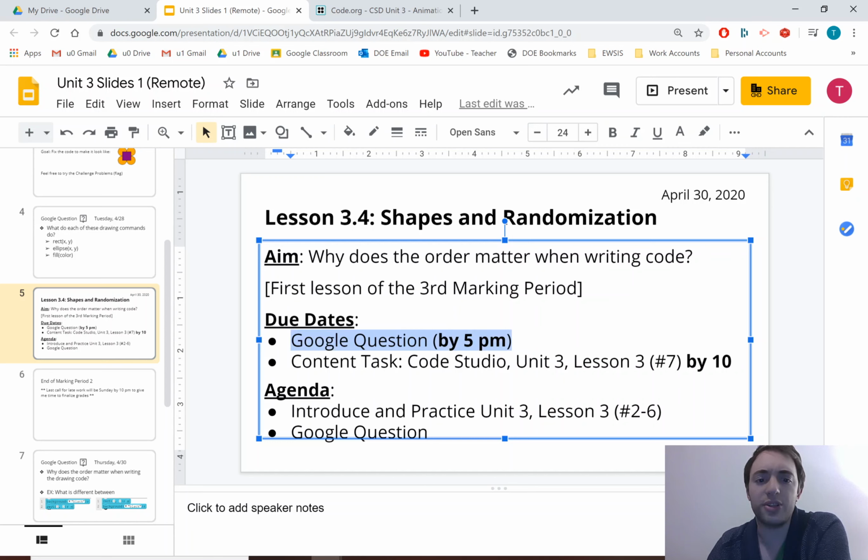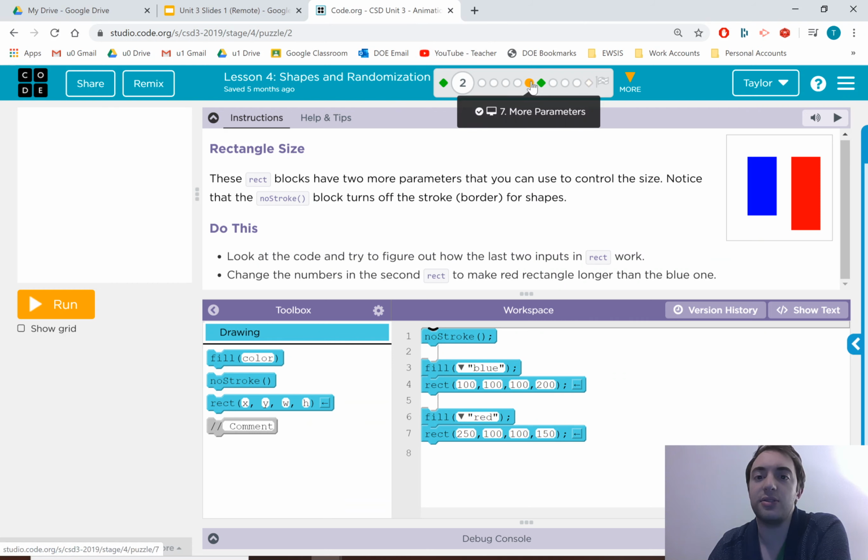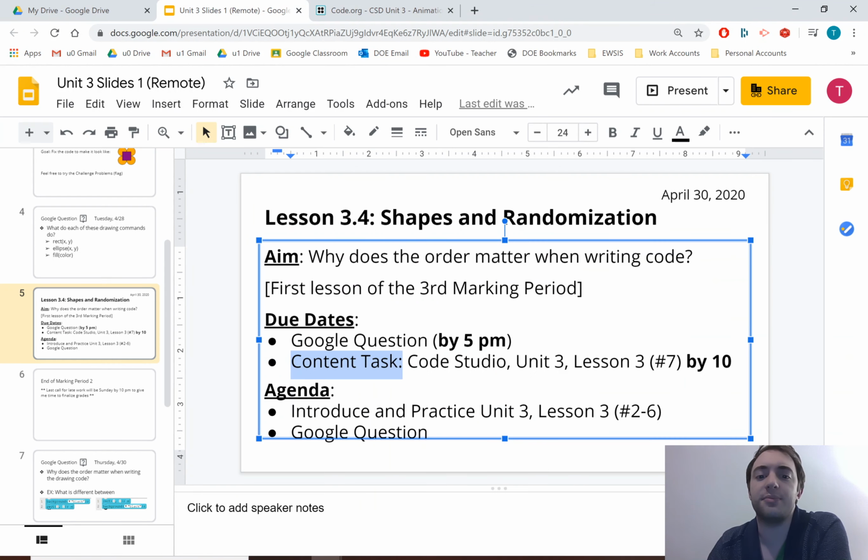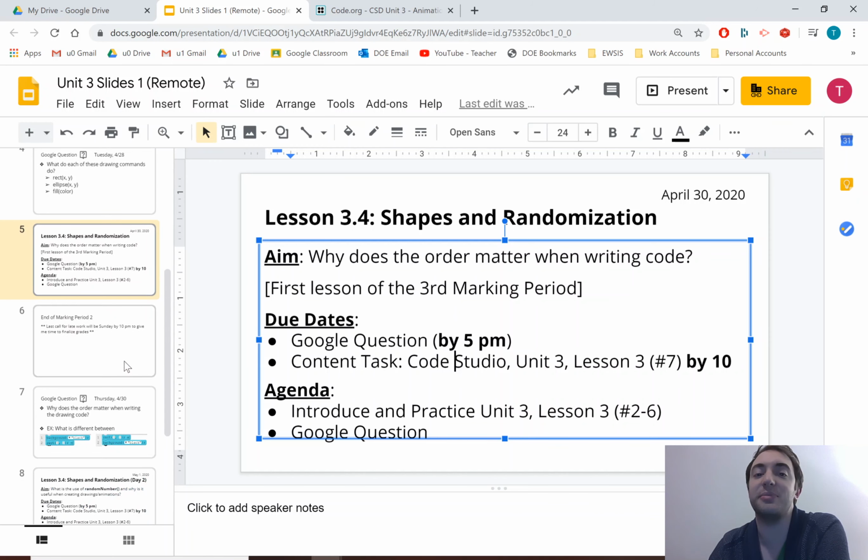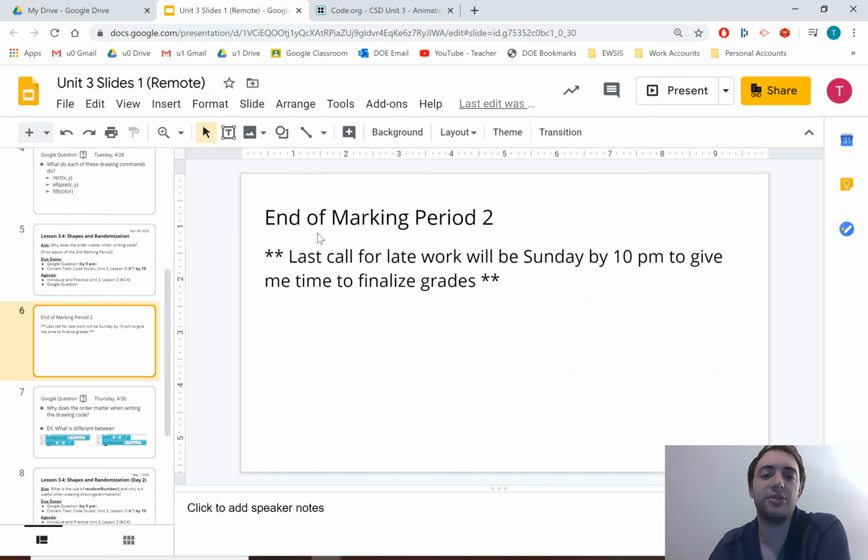So we'll have a Google question, content task, pretty basic stuff. There are a fair number of content tasks. I'm treating these like the purple checkmarked things, anything that has the check mark. So almost every day we'll have something like that. But again, I'm very conscious about making sure we don't go too fast. I think this unit's really fun. It's a lot of visual things. You can immediately see the programming in action. It's not too hard, but it's just interesting enough to motivate you forward. So let's jump in.